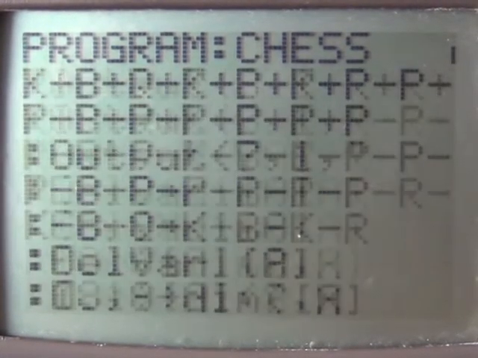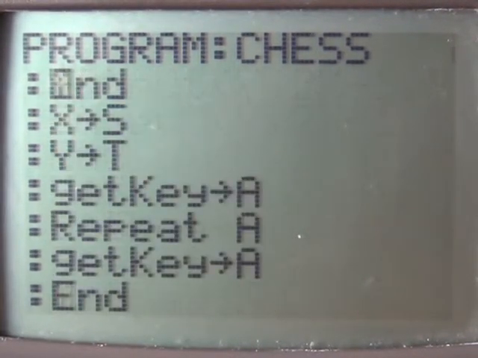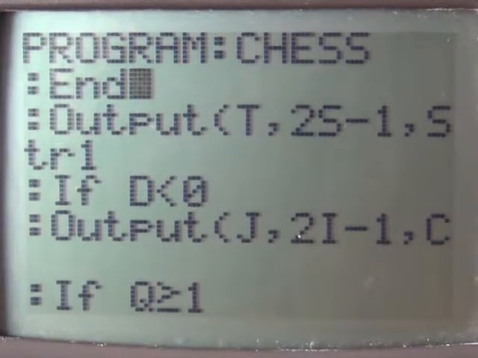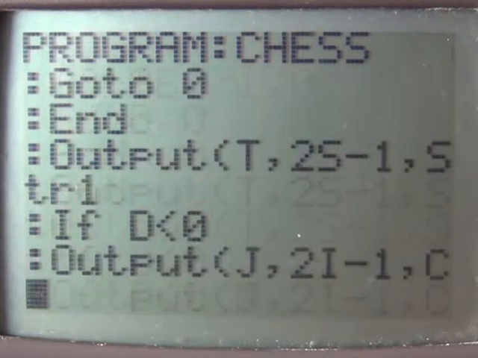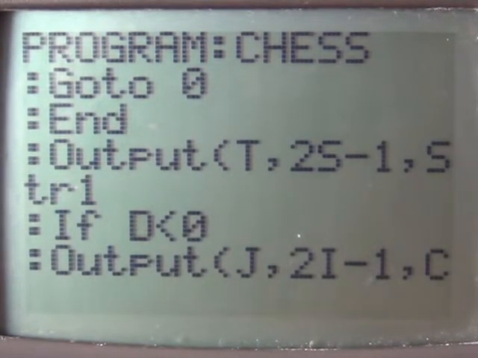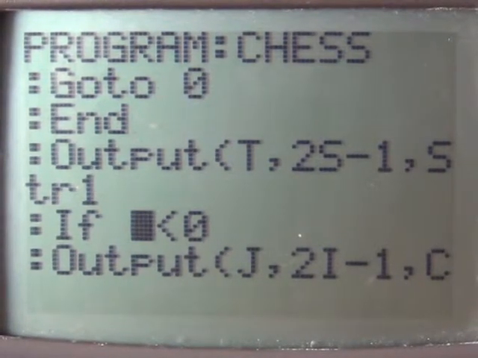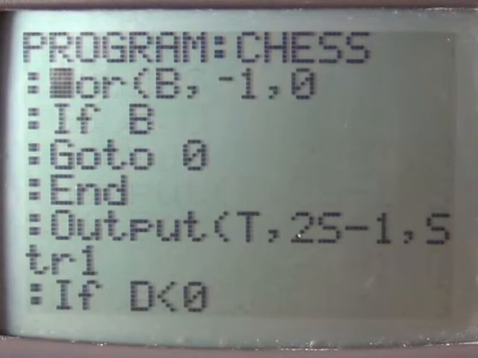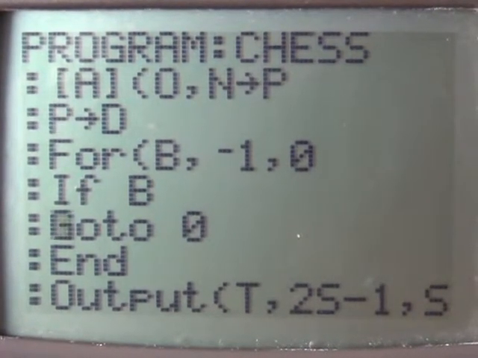So where does it actually output the C value? That's what's not getting fixed. It's right here. See, if D is less than 0,